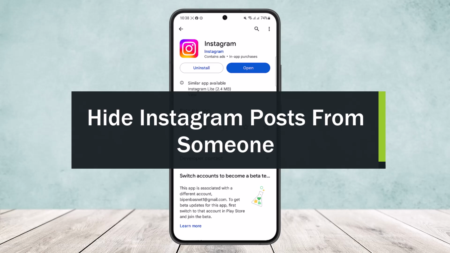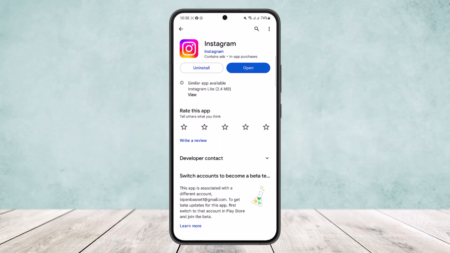Today I'll guide you on how you can hide Instagram post from someone. Now, there are a couple of ways you can hide Instagram post from someone. The first thing is keeping your account private. Now, if you want to hide Instagram post from someone and if they are not your follower, however this only